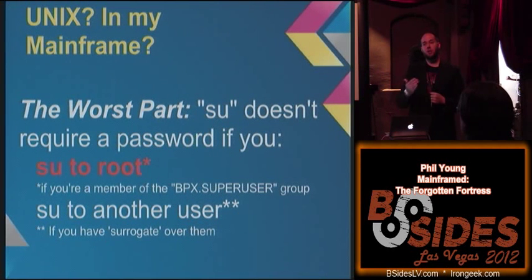There's another thing called surrogates, where, for example, if I'm going out of town and I need to run the payroll job, I can let Rogue Clown run the job on my behalf. But she doesn't have permissions to the payroll files, so I say, you have surrogate authority over my account, so you can run that job. One of the side effects is that if she goes into Unix, she can su to my username without providing the password. Okay?